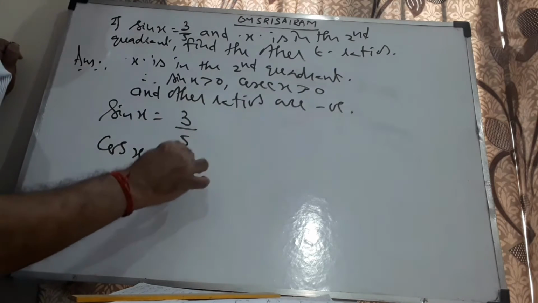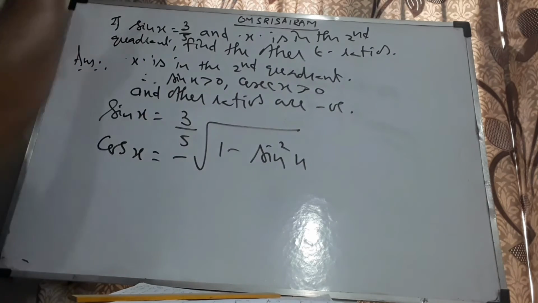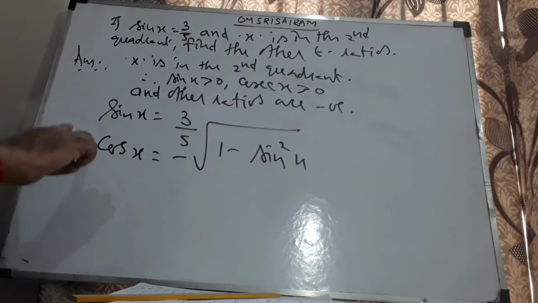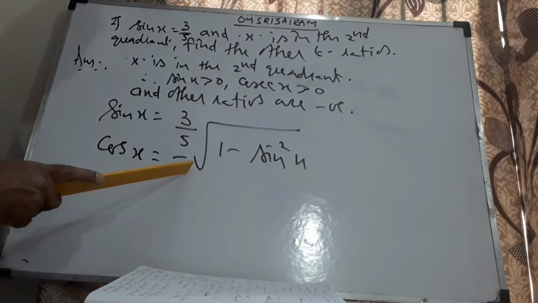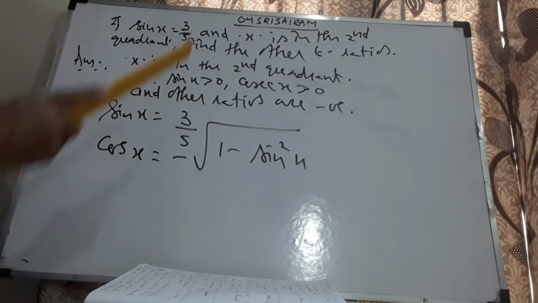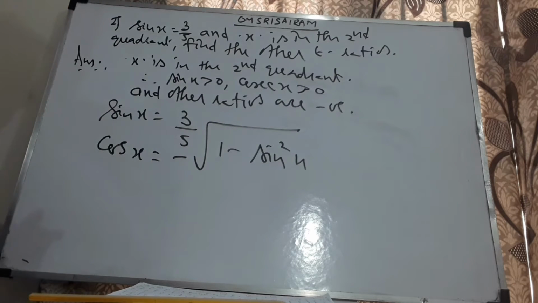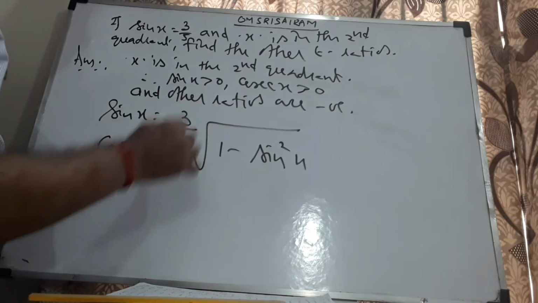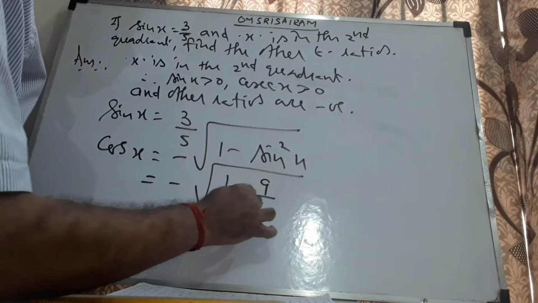Therefore, I write cos x is negative square root of 1 minus sin square x. You know one important rule, sin square x plus cos square x is 1. You might have done it even in 10th standard, sin square theta plus cos square theta is 1. Therefore, I will write cos square x is 1 minus sin square x. I take positive square root here if cos x is positive in the particular quadrant. I take negative square root here if it is negative in that particular quadrant. Cos x is negative, therefore I take negative square root here. That is the very idea I am supposed to think about.